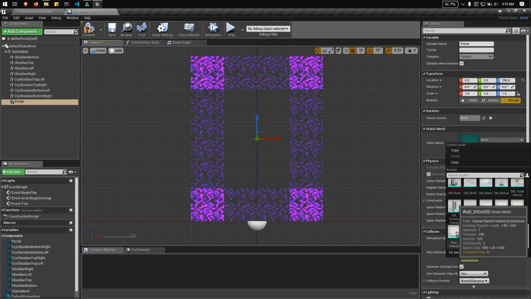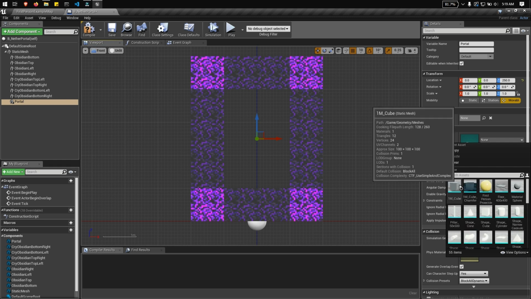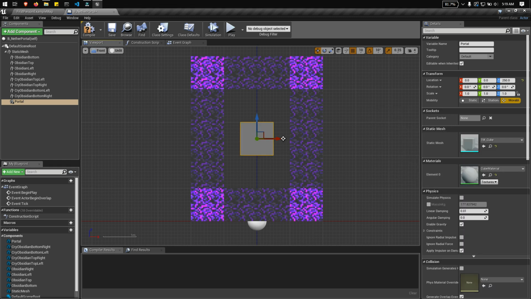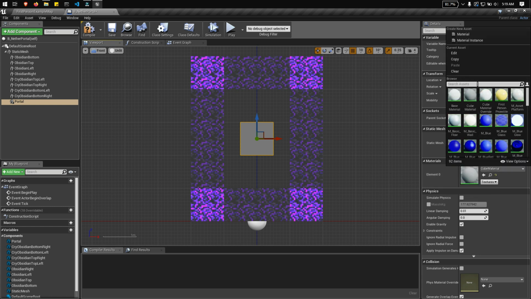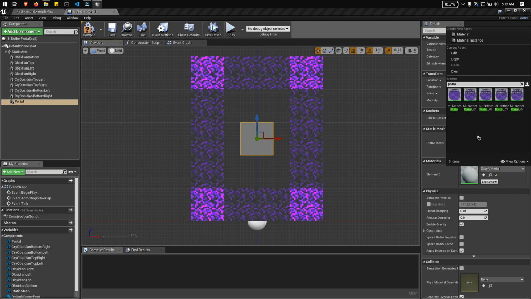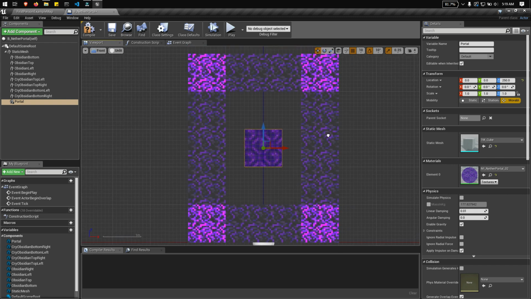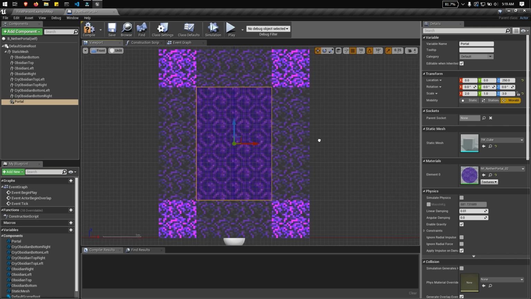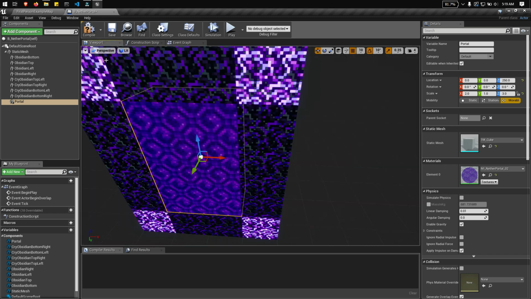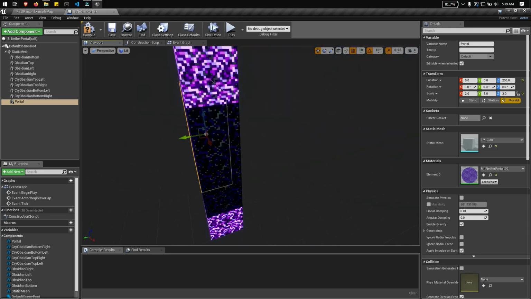I think the one cube still suits best as the static mesh that we need. Then let's look for portal as its material. Maybe the nether portal 2, the downward, is the best one. Then let's resize the scale of the portal. So 2 for X, then 3 for Y. Then this is what the portal looks like.